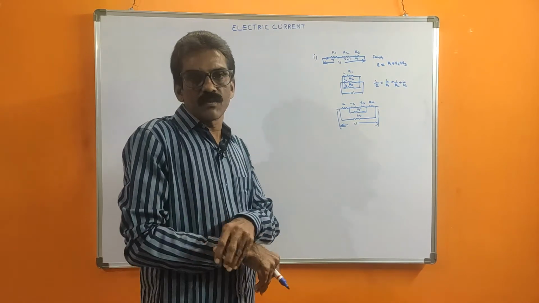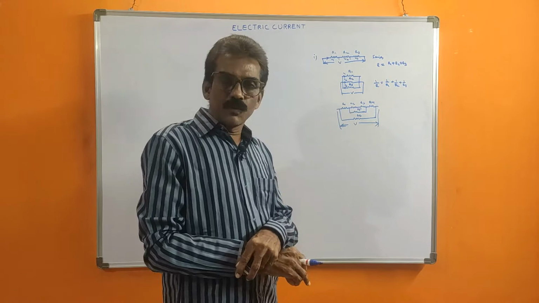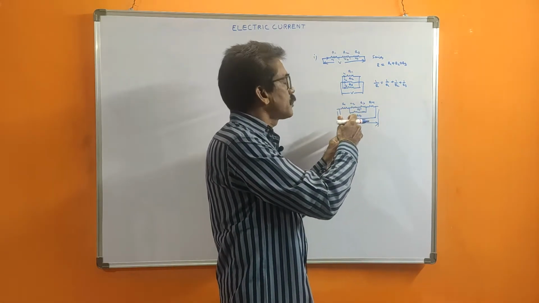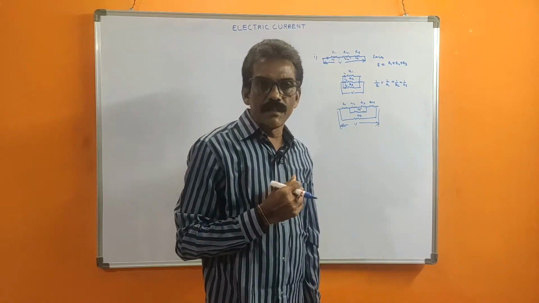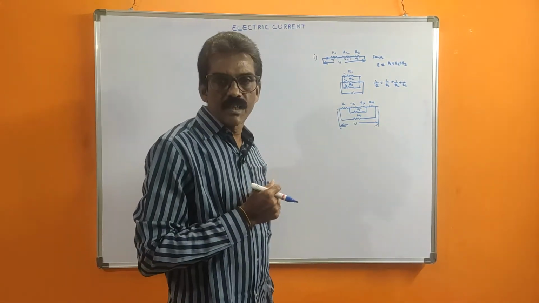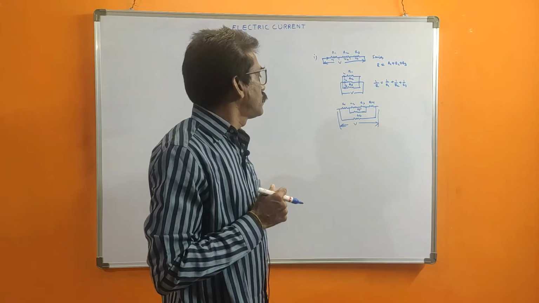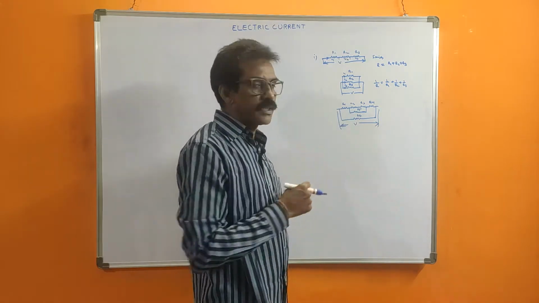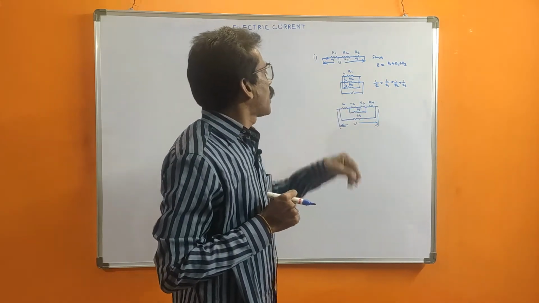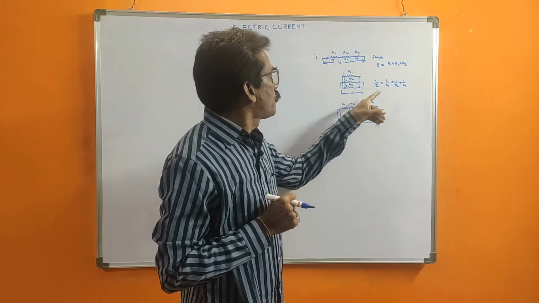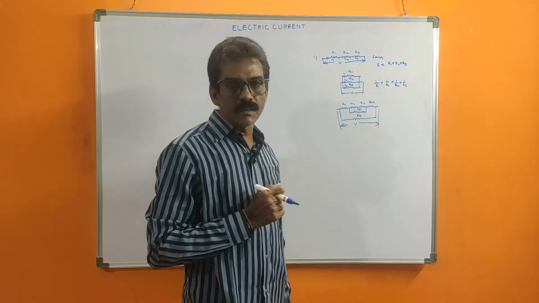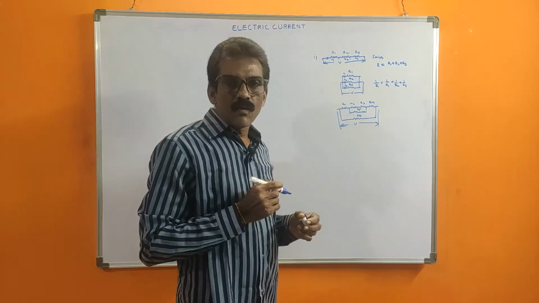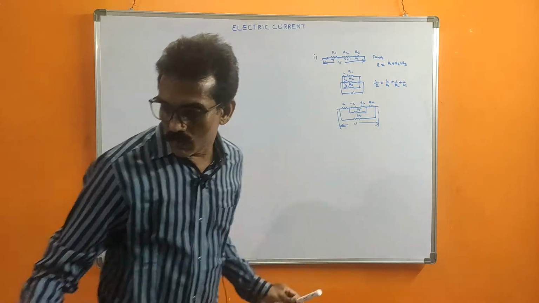For this, what is the effective resistance? For that, there is no special formula. Because how many are connected in series, how many are connected in parallel, in which way they are connected, it is different each time. So that's why there is no specific formula. According to the given problem, according to the situation, we use these two formulas only. Depending upon these two formulas only, we can solve series and parallel. With one numerical example, I will explain this, then we can confirm.